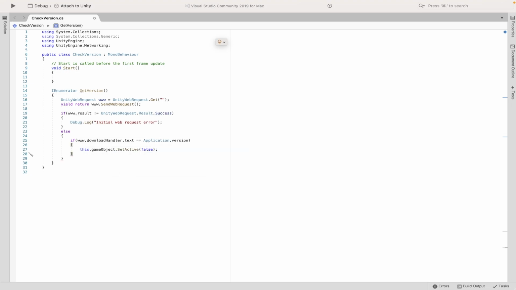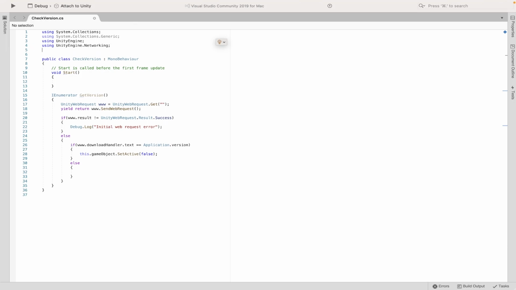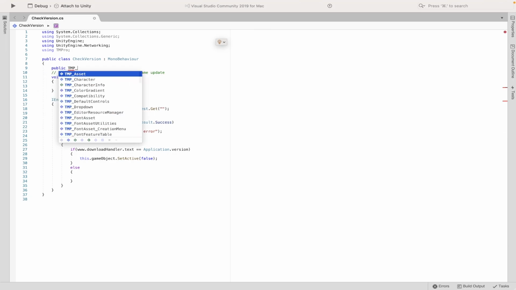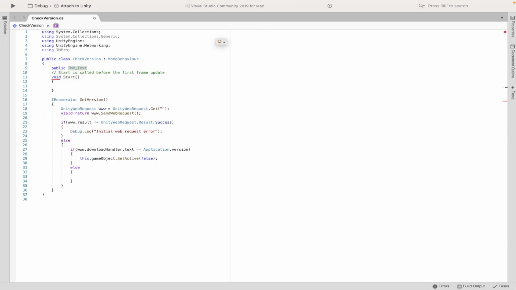Now this will check if we do have the correct version, but if we don't have the correct version we are going to put an else in here, and this will be where we change the text to say you have the wrong version. So we're going to want to create a text variable to actually change it. For this we are using Mesh Pro, so we are going to write using TMPro. Then above Start we are going to write public TMP_Text, which is the loading text we made earlier,